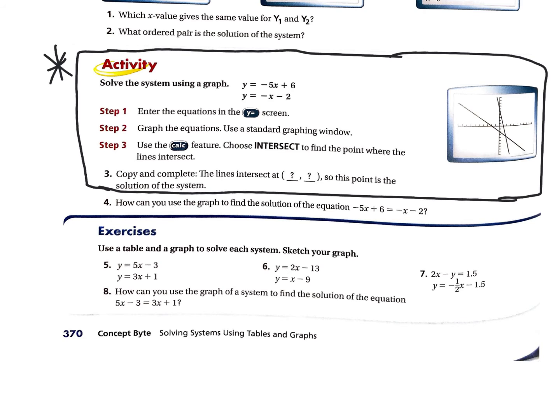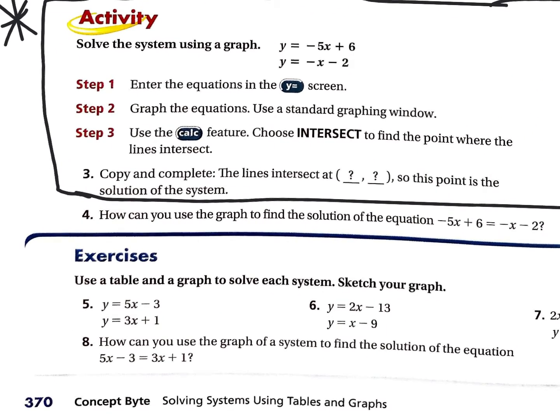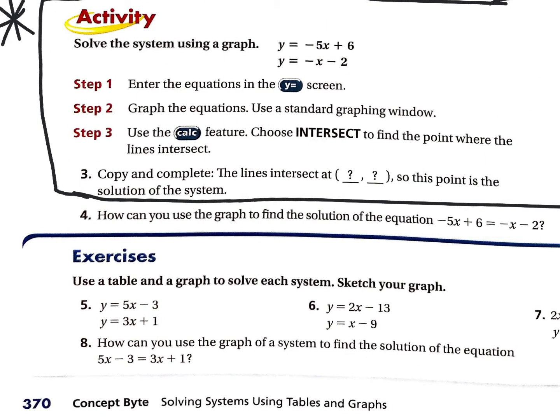Ideally, if we're lucky, we're going to see the intersection of the lines on the window as it is. If you don't see the intersection of the lines, you may have to adjust your window, and we'll talk about that more later. We can deal with that as we come across that issue. If you're not seeing the graph, since we just did some stuff with scatter plots, you may have to change your window. If you do zoom 6,